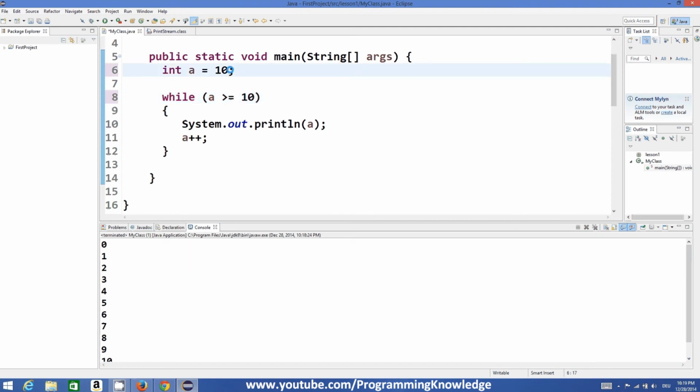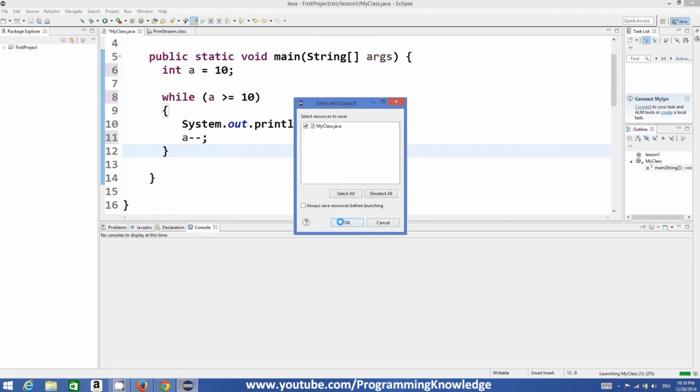Let's initialize a to 10, and if a is greater than or equal to 10, we want to print the value of a, and here we can just subtract 1 from the value of a, and once again run the program.